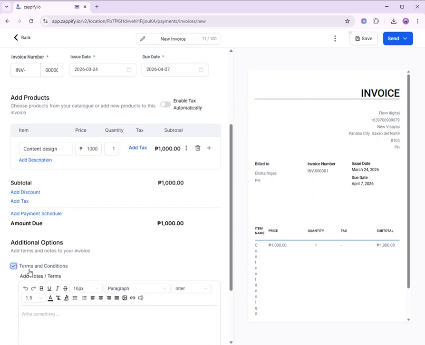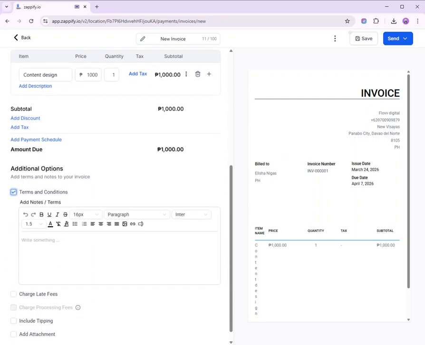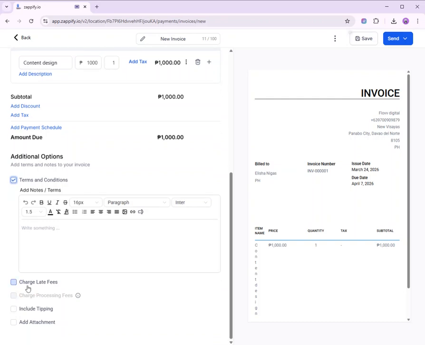Click this checkbox. If you have terms and conditions, you can write them in the notes here, and also for late fees, include tipping and add attachment.